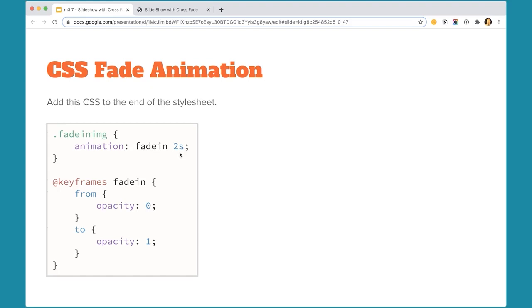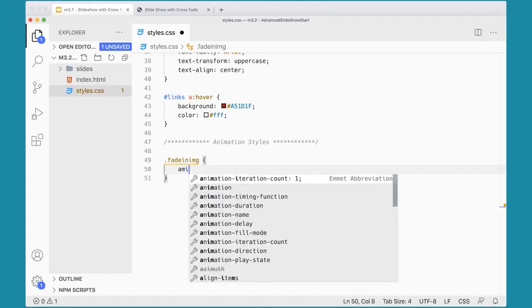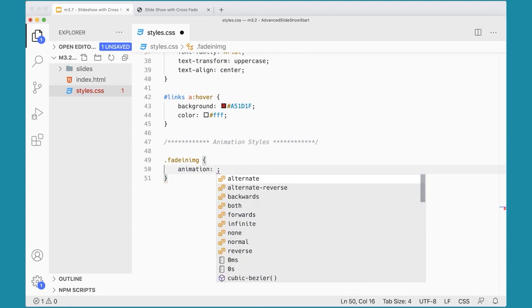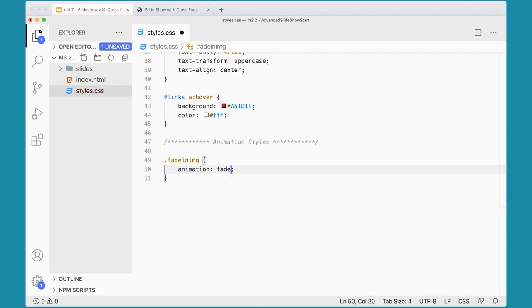2 seconds is kind of slow. You could make it 1 second. You can make it even slower. I'm making it kind of slow so you can really see it taking effect as we do this. But you could make it run a little bit faster. Animation, and then we want to do fade in over 2 seconds. And that's fine. And then down here, we're going to have a